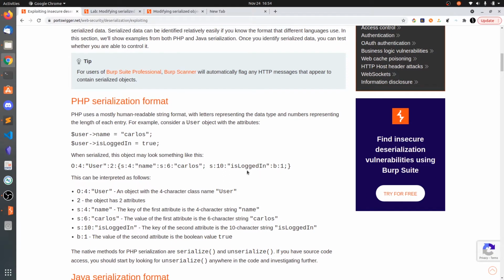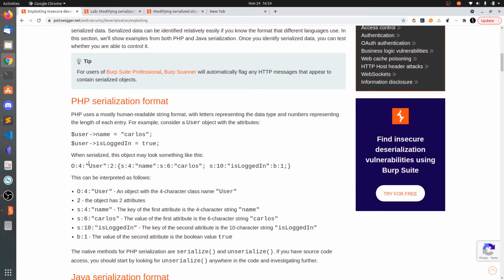So whenever this web server sees isLoggedIn as 1, that means the Carlos user has already been logged in. You can change this to 0, and then it will ask for a login prompt, because it will be recognized as not logged in, so it will show you the login prompt. So that is the explanation of this object here.